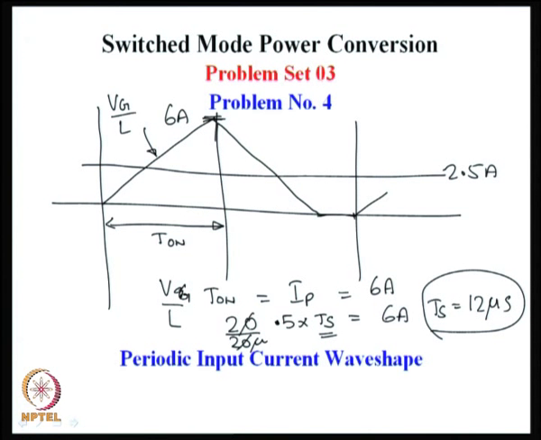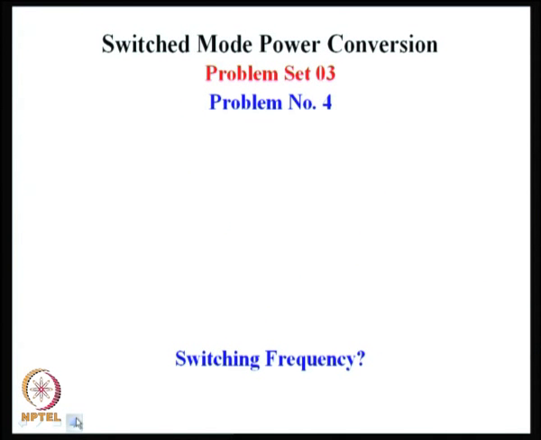So, from this equation we find out that the switching period is 12 microsecond, or the switching frequency is 1 by Ts, which will be 1 by 12 micro, and that is 83.33 kilohertz. So, this is the switching period. The other quantity that we would like to know, switching frequency we have seen, switching period is 12 microsecond, and the switching frequency is